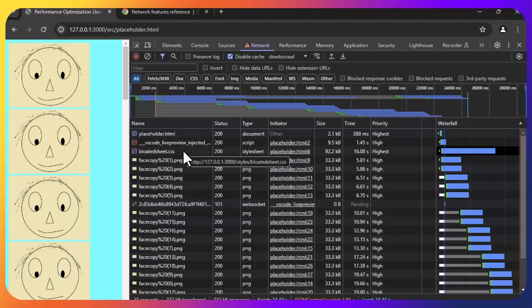So the browser, as expected, gave highest priority to HTML, script, and the CSS file. And the CSS file blocked everything from appearing for an entire 16 seconds, which is huge. And the file size is 92.2 KB. So now that we know how render blocking resources impact the web page, let's go back and see